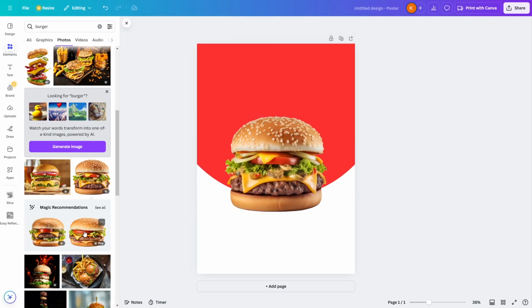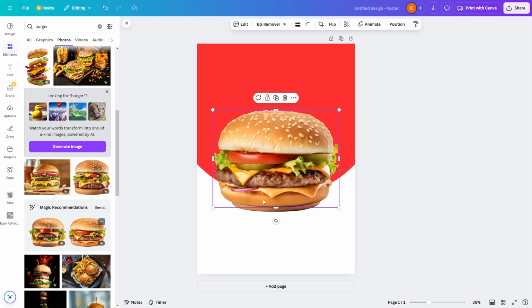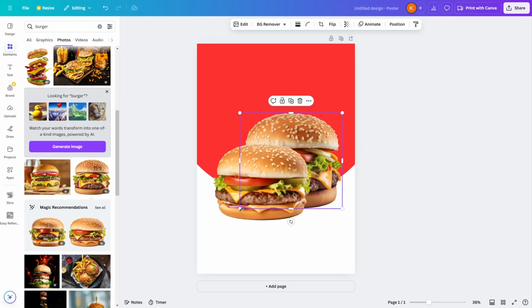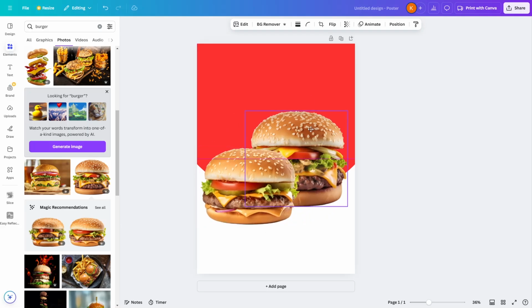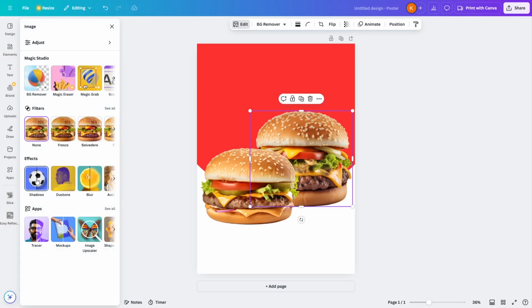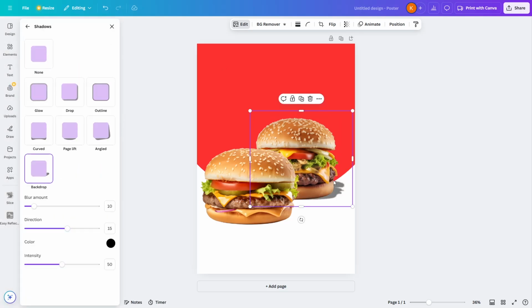I think we're going to look for a much different burger, just like this, for example. And then we're going to cast shadows. To do it, click on Edit, and then head over to Shadows, click on Backdrop Shadow. So it looks like this. Let's increase the blur amount and also the intensity, because the light shines on this part, so that means the shadow should lie behind this one